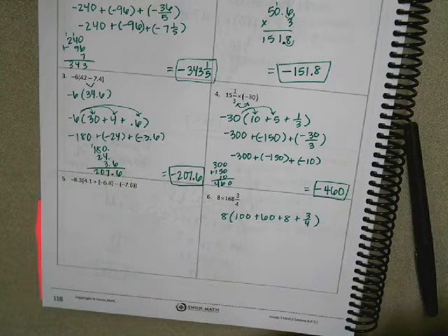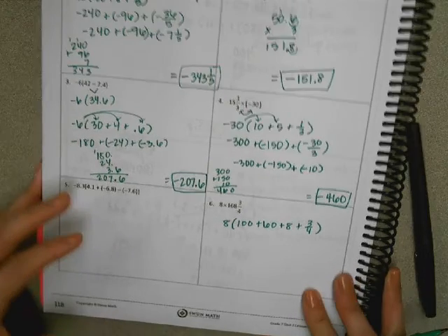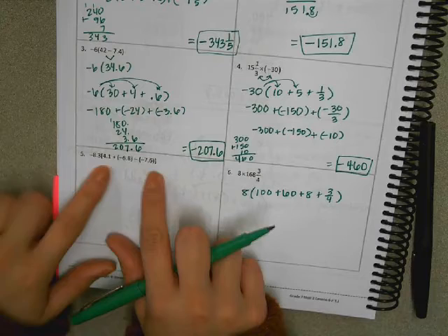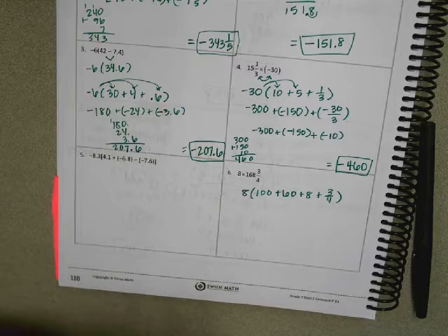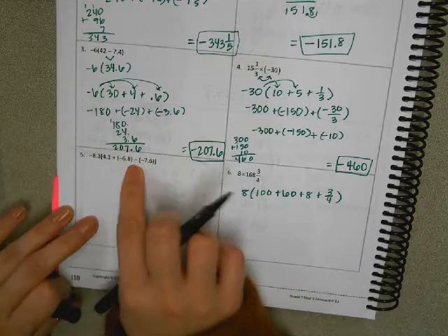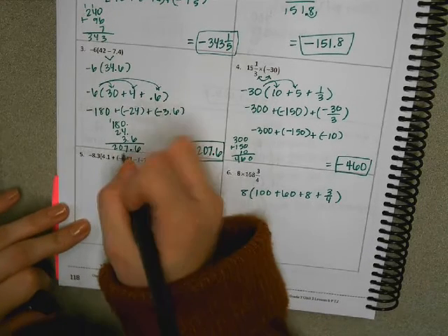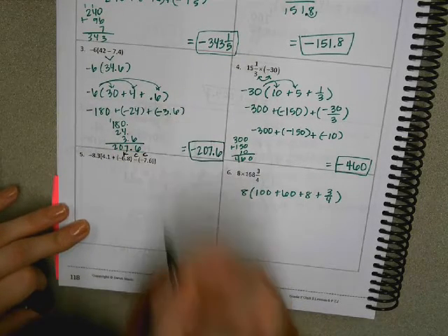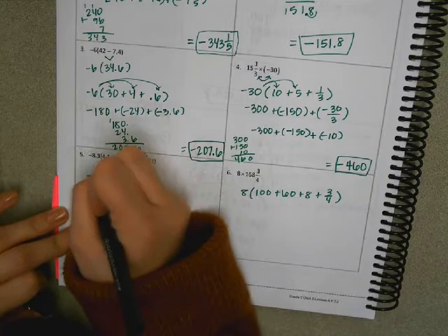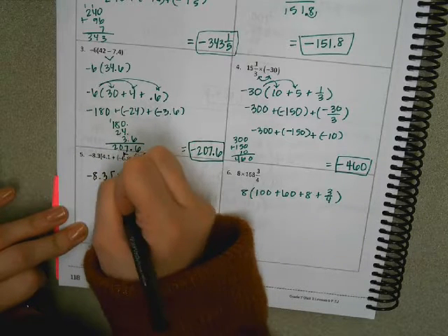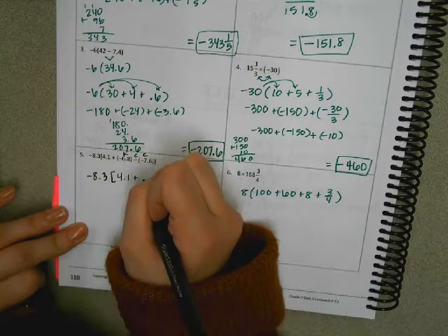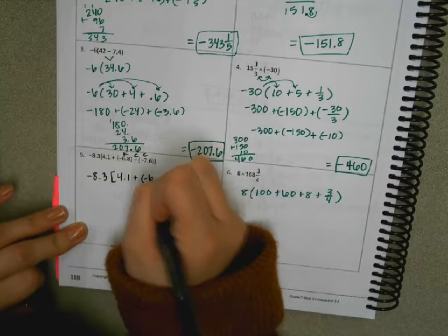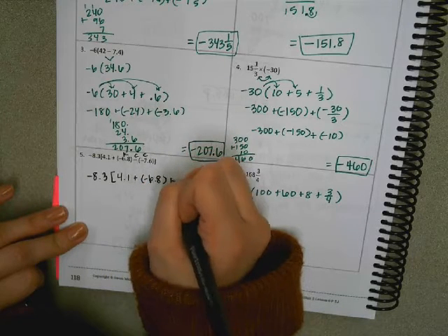Okay, so now let's look at number 5. Number 5 is kind of a long one, but that's okay. I'm going to combine my like signs first. Actually, I'm going to use keep, change first, right? I see a minus sign in here. I'm going to use keep, change. Let's get rid of it. Keep, change, so now I have negative 8.3 times 4.1 plus negative 6.8 plus